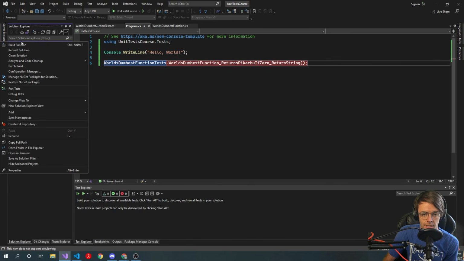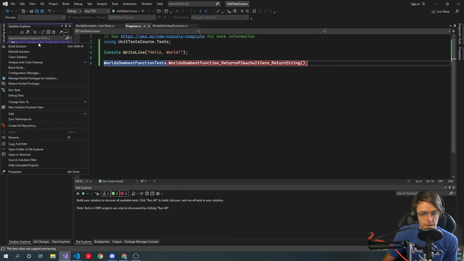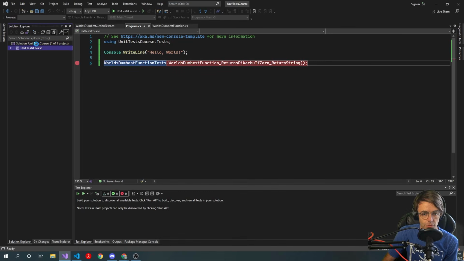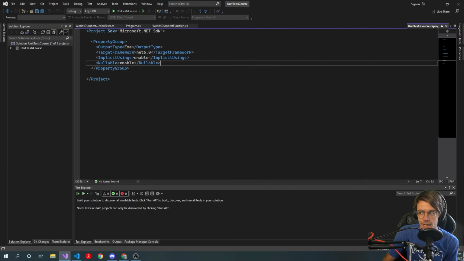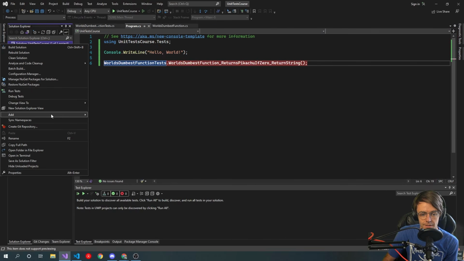So I'm done talking, and we're going to go in here. You could, if you want to, just go ahead and create a totally new console app, but I'm just going to go up here and add a new project. I'm going to add a new console app. You could restart Visual Studio and just create one without the actual unit test course in here, but I think, in my opinion, it's easier just to right click on this and go ahead and add a new